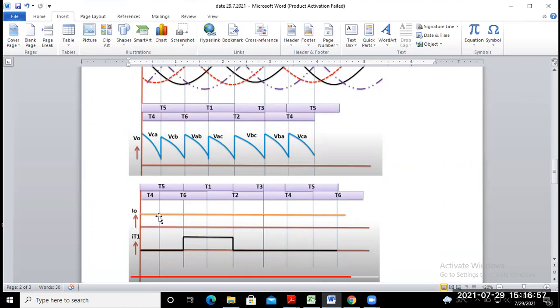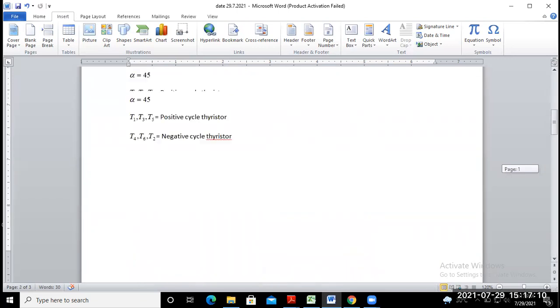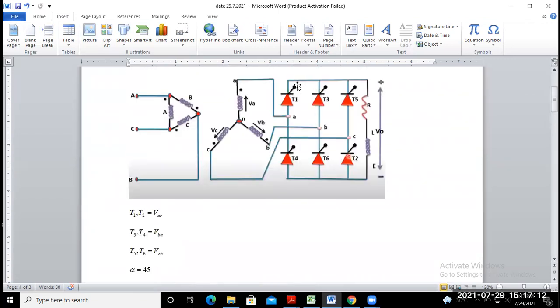Now if you want to find the current of thyristor 1, that means the current flowing through this thyristor number 1, we want the waveform of the current flowing through thyristor 1.